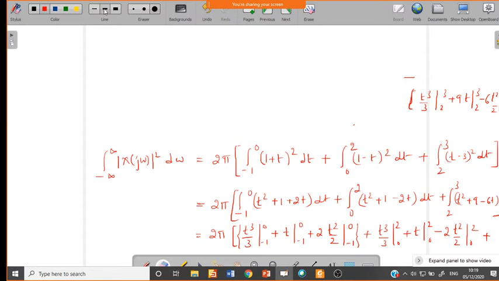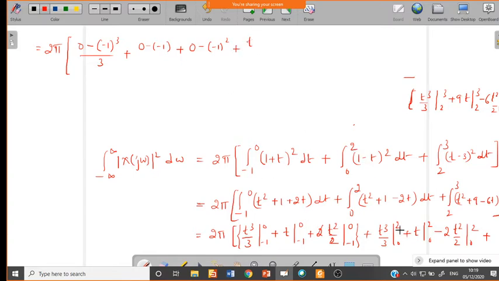Now we can see, this is equal to 2 pi. Evaluate the values. If you put 0, it becomes 0 minus, 0 minus of minus 1 cube, divided by 3, this is the first value. Similarly for t, it is 0 minus of minus 1. Plus, the 2 will cancel each other, and for t square we get 0 minus of minus 1 whole square. So this is the first integral value, and similarly plus t cube.